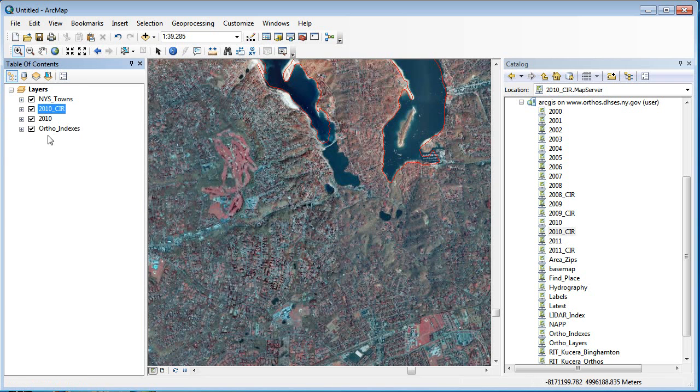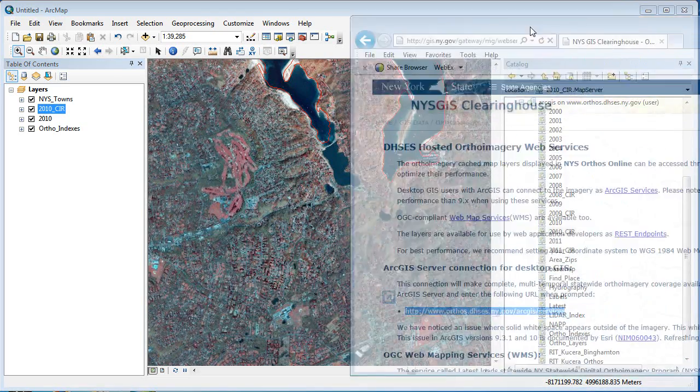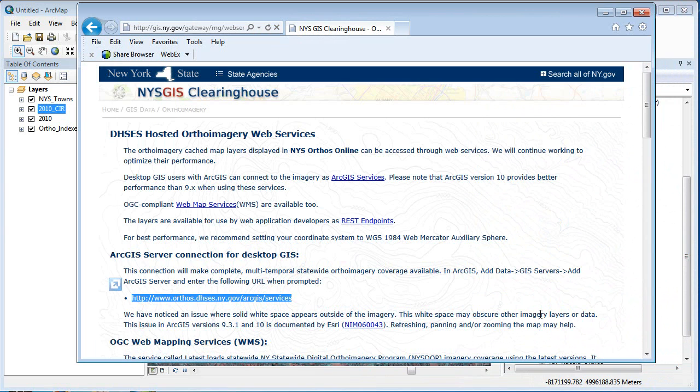And there's the infrared. So that's the process for building, say, an ArcGIS server connection. Now, there were others there. Let me pull it back into play here. If we scroll down a little bit,